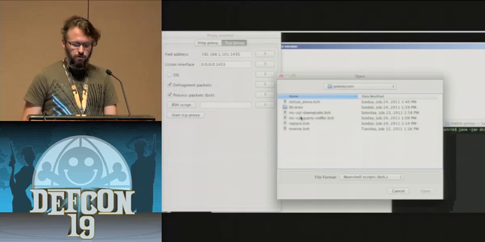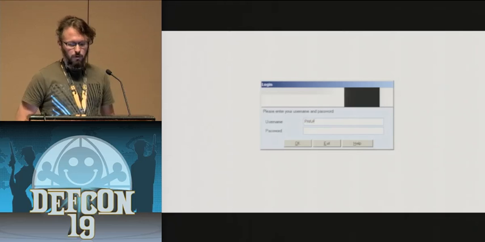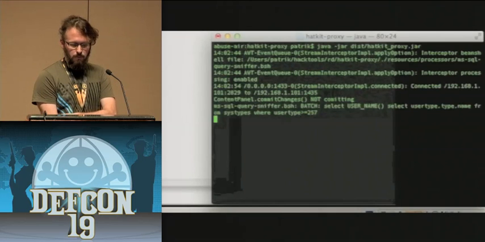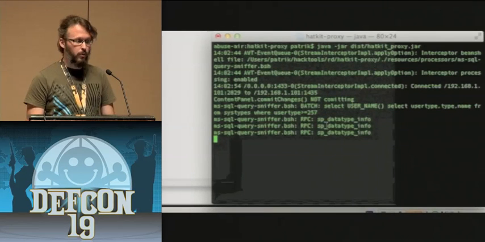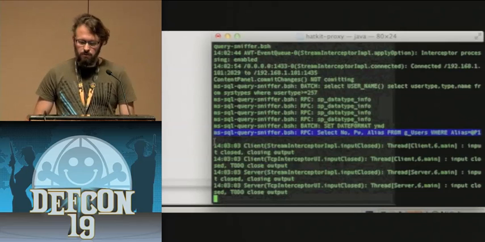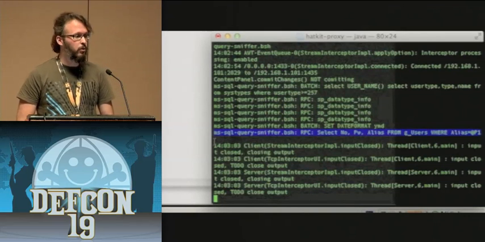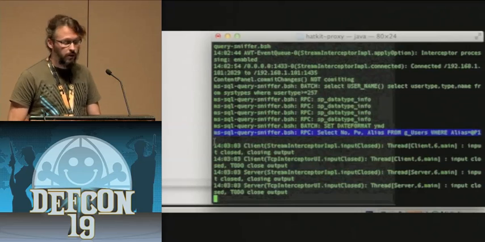And at this point, we choose another processor called the MS SQL Query Sniffer. We try to authenticate to the application, and we see that there's a bunch of SQL queries running over the wire, connecting to the server. And what we can see is that there's actually specific queries saying, select something, password, alias from G_users, where the alias